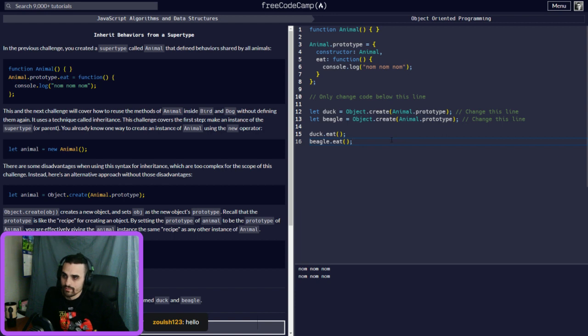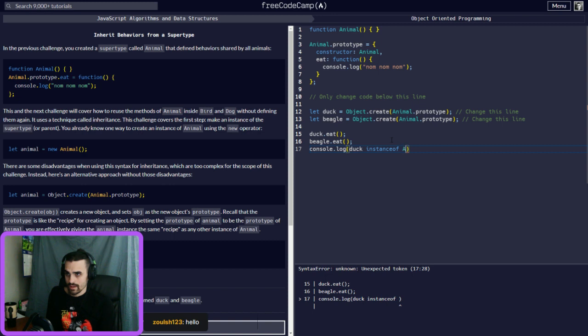And then if we call a console.log, if we also do duck instanceof Animal, it would come out as true, because these are instances of it.